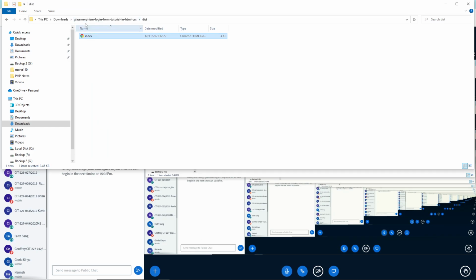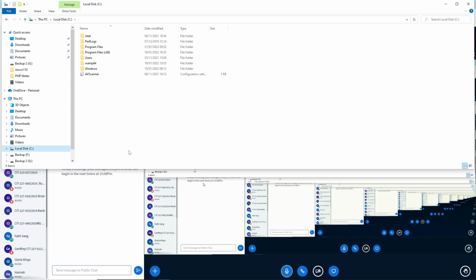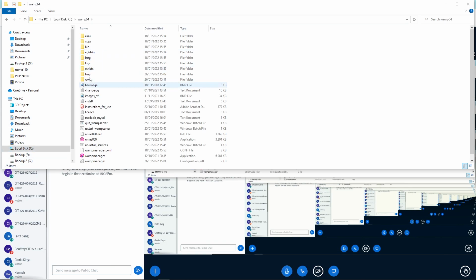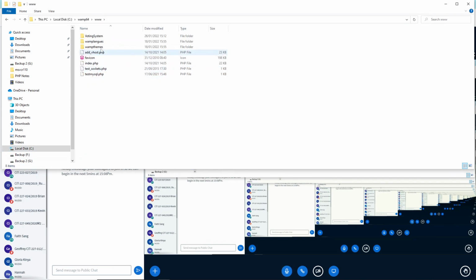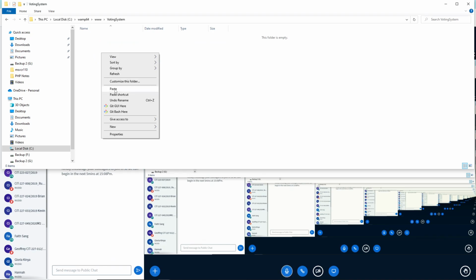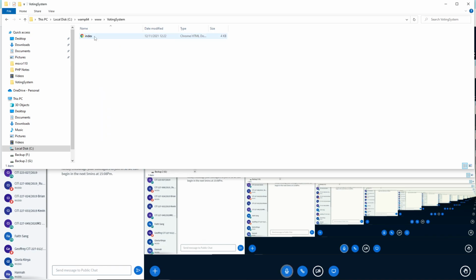I'm copying it from the downloads, from where I have it. I want to take it to our project folder in WAMP. So WAMP www, then voting system, this one. I just want to paste this there. For now, it's called index.html,